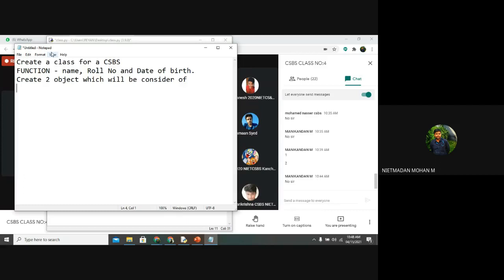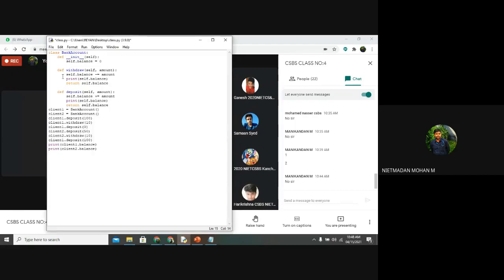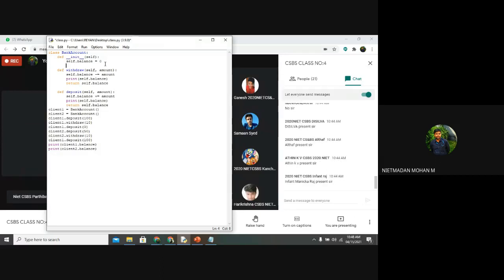Those who are having any doubts, you can stay back and ask your doubts. If you are clear with the creation of a class, the creation of an object, the creation of a function, and defining an init function, you can give your attendance and leave right now. In case of any queries, just stay back and ask. Without clearing those things, you won't be able to cover all the 5 units. So those who have queries, stay back and ask.